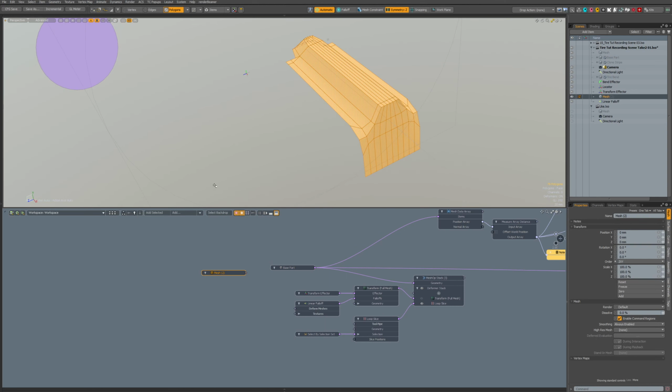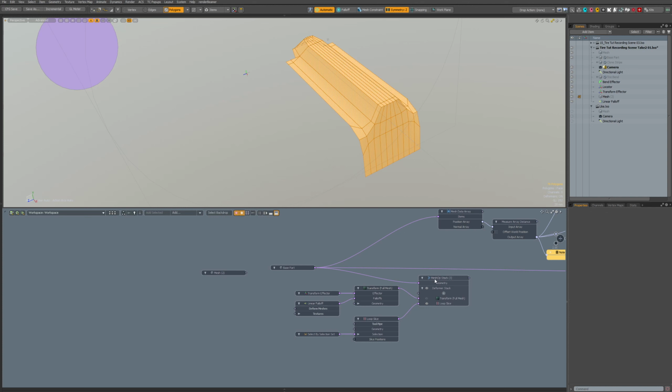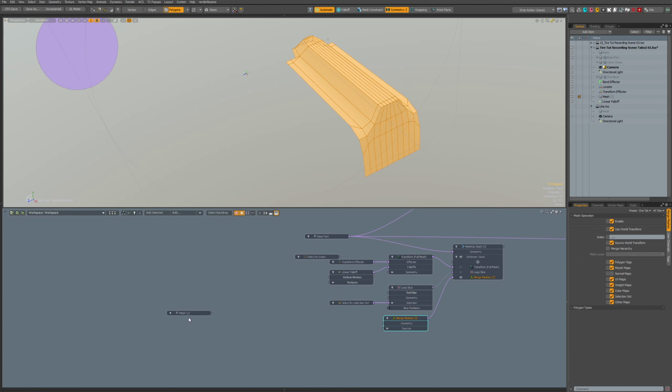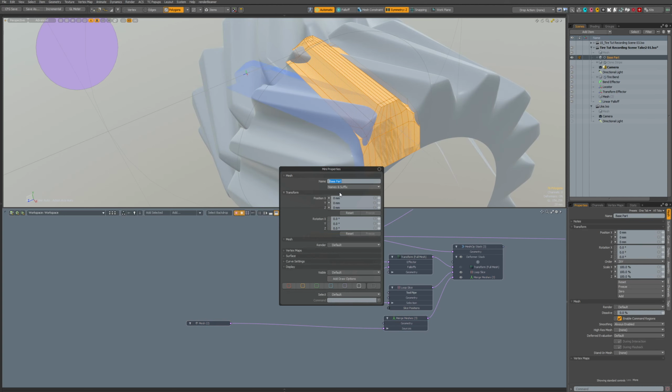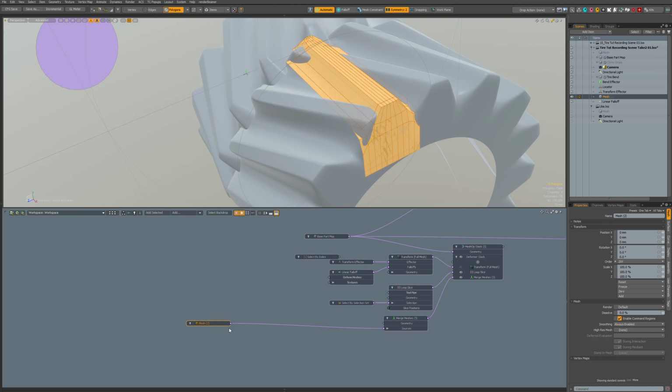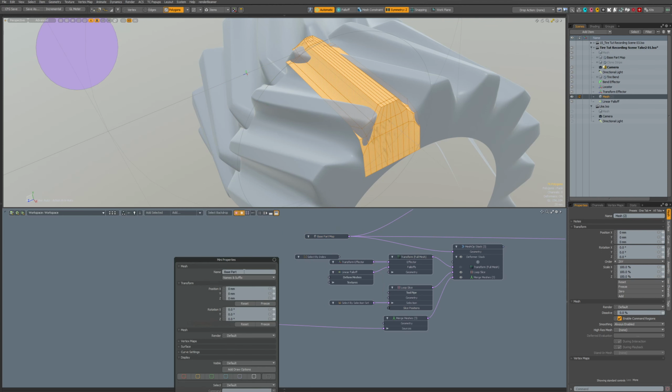So now we have it in a separate mesh, and then we add a merge mesh operator to this stack, and we merge this new base mesh from here. And let's rename this. I added this small script so I can add names and suffixes fast, and then this one will be base part source.